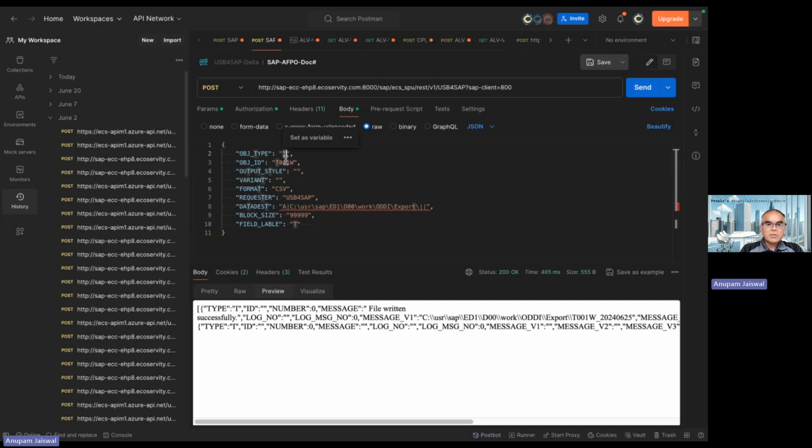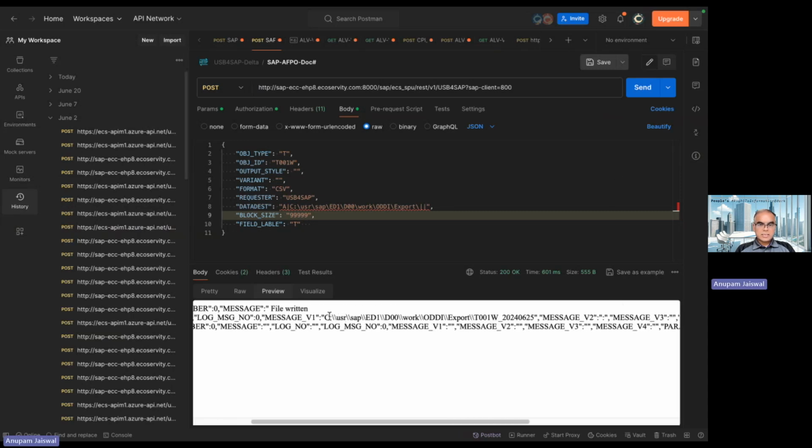T for table, your object name, which is T001W, and then you want the format as CSV, and then this path on the NFS where you want your data, and the block size is how many records we want in the output. So once I run this, it tells me that it has gone ahead and created this file